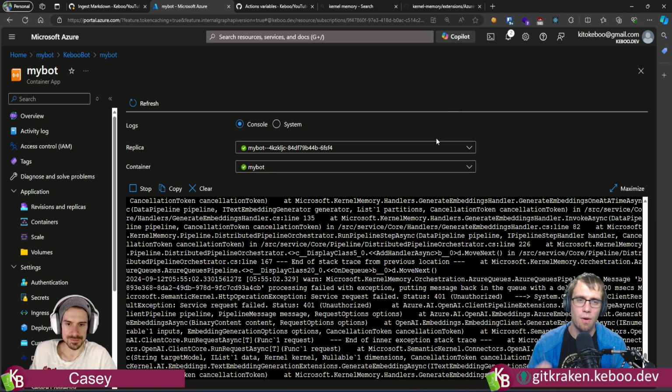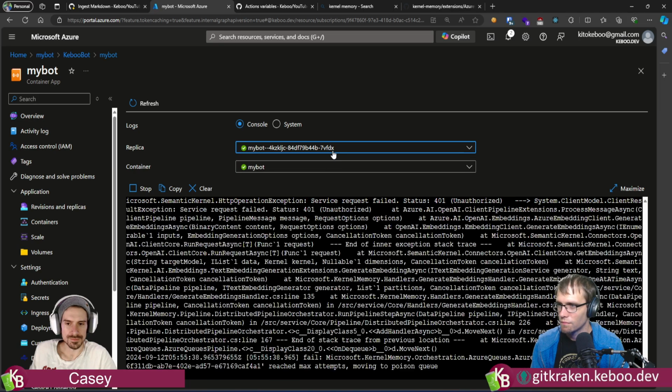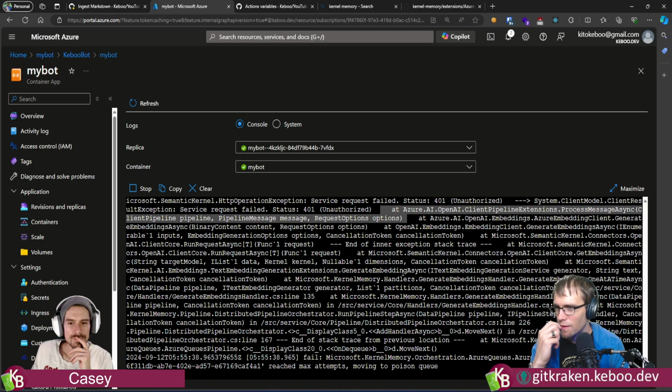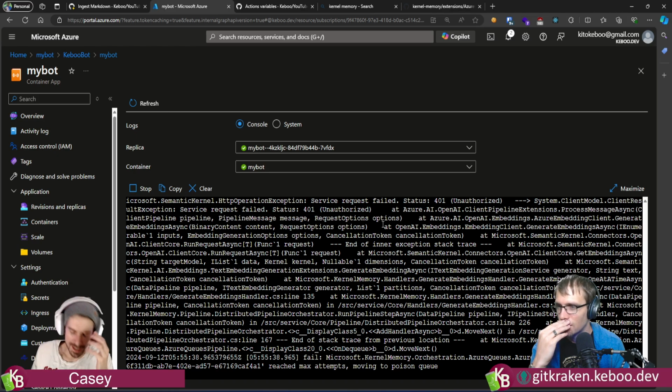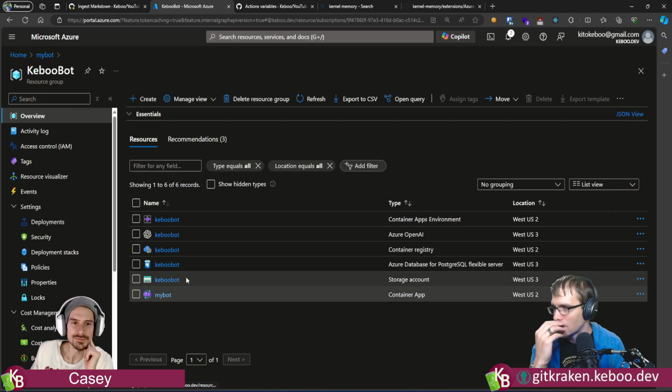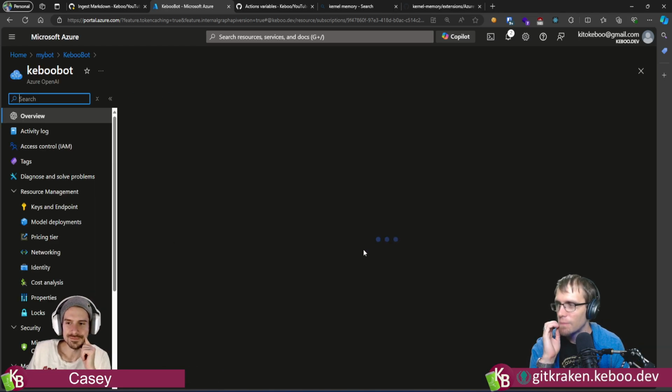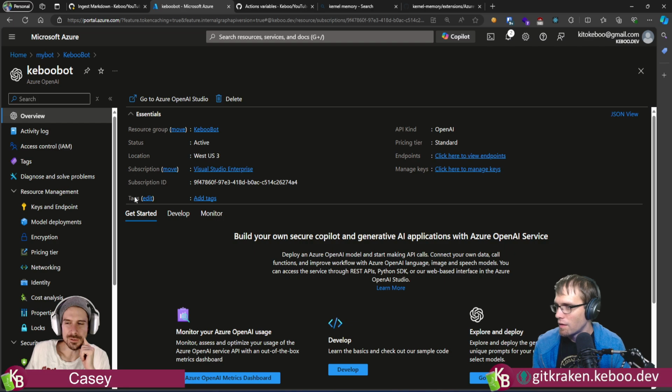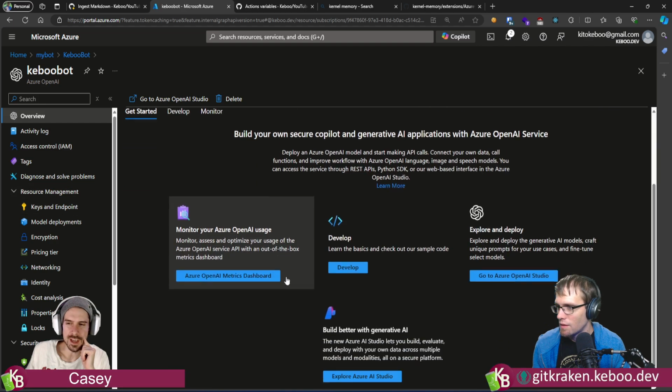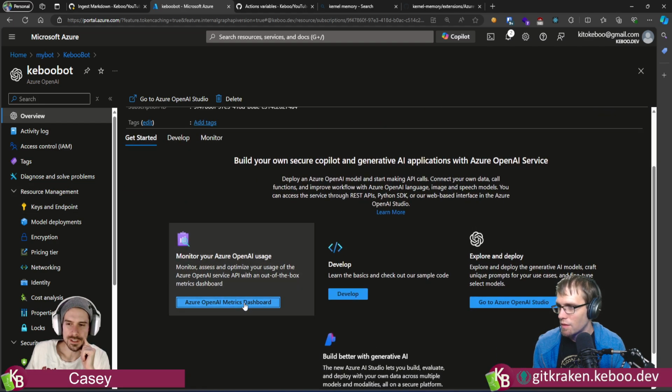What's interesting is that it processed the small file just fine. I'm surprised. Wait. Theory. Okay. Yeah, theory. Let's go look at your Azure OpenAI service metrics. Azure OpenAI. And I think we'll want the ones that are inside of the OpenAI Studio to the right. Oh, not the one that I just clicked on.